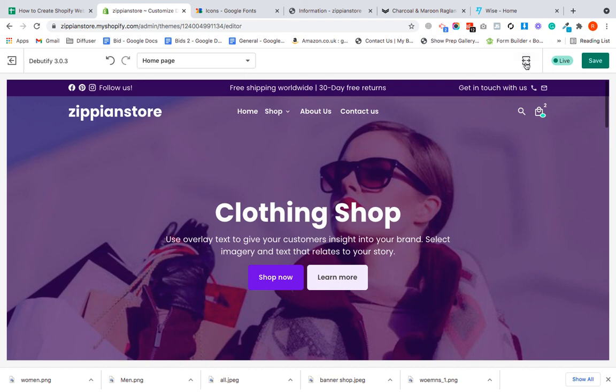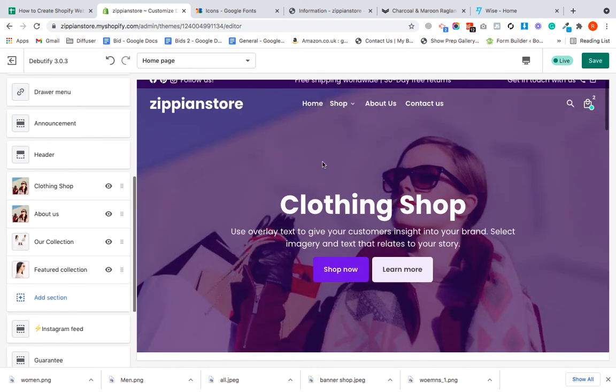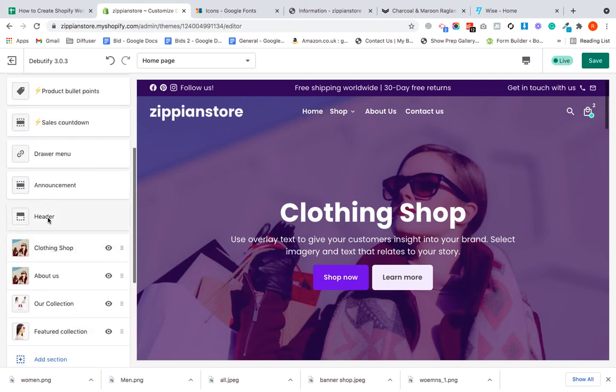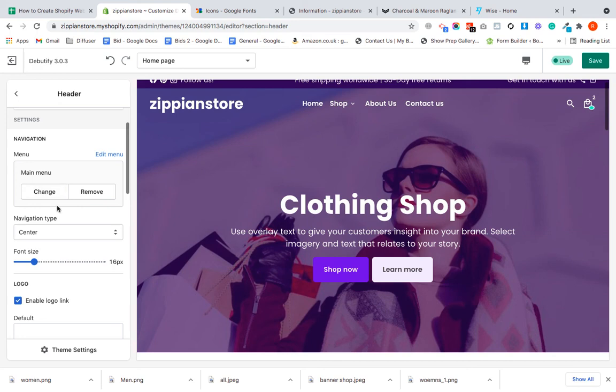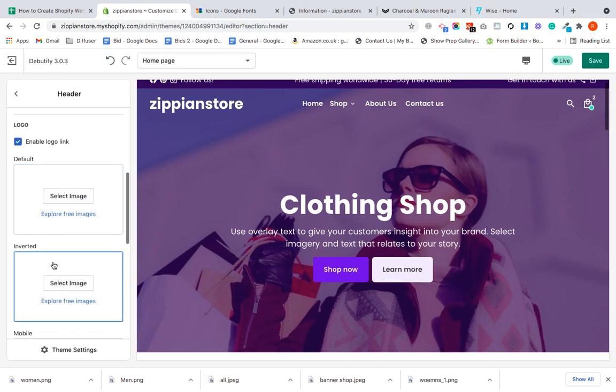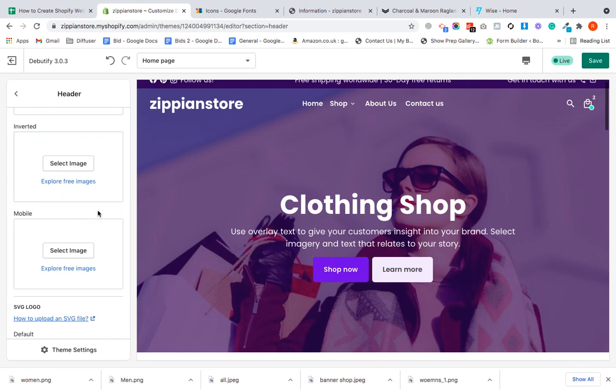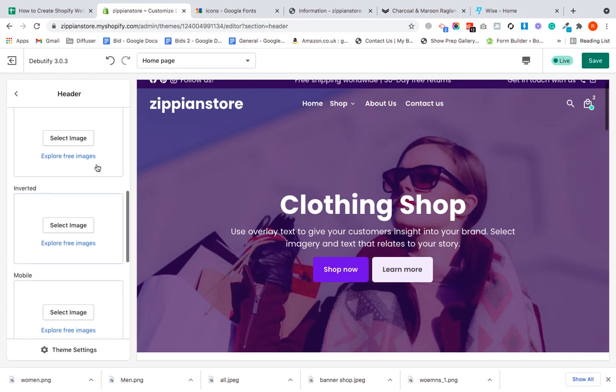Okay, now let's go back again. Let me show you another option. Let's go to desktop. Now if you want to change the logo over here, just click on the header option here, and from here you can also change the menu. You can see this is the option to add your logo. You can add a different logo for different devices. For example, you can add a different logo for the mobile,